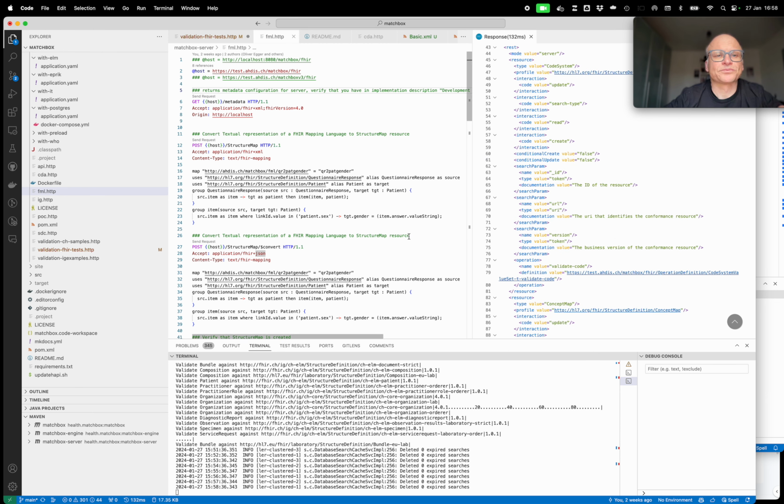And now I can, for example, upload a structure map. This is a very simple structure map. It takes a questionnaire response and converts it to a patient, and it converts just the patient sex from the questionnaire response to the target gender in the patient. So what I do now is I post this